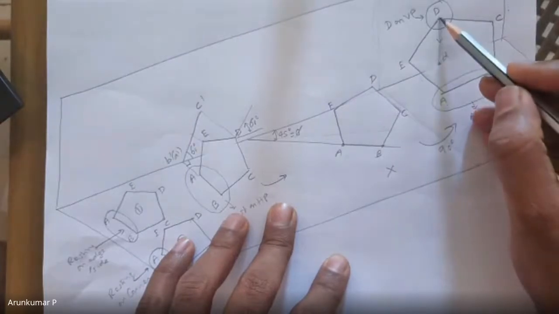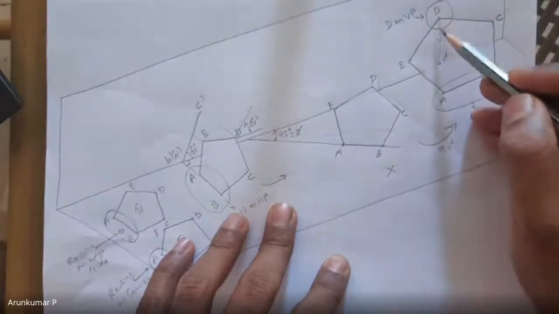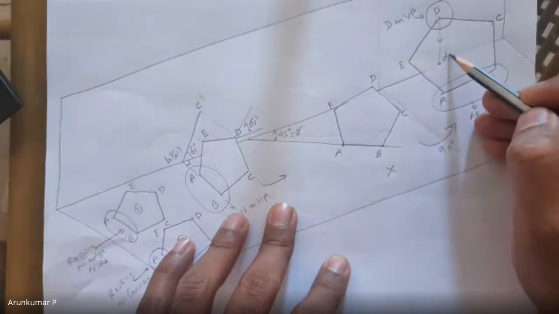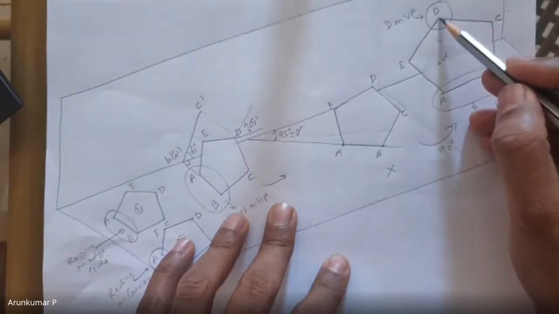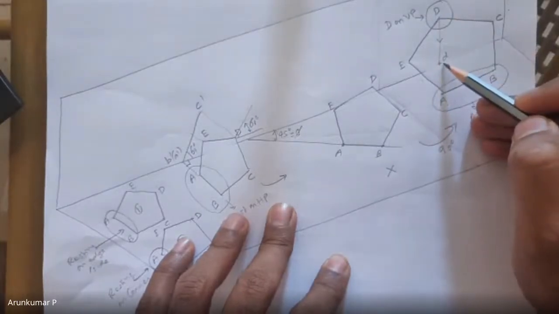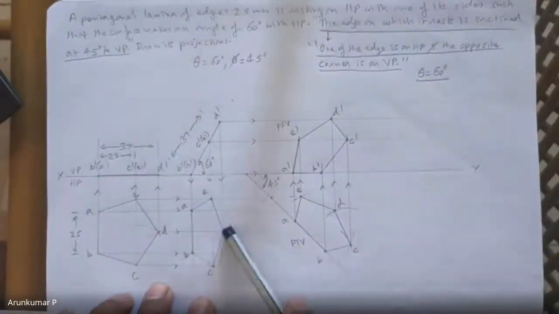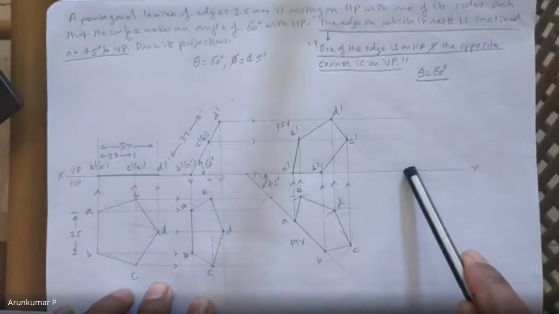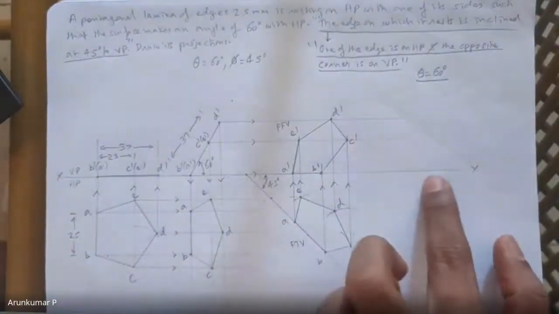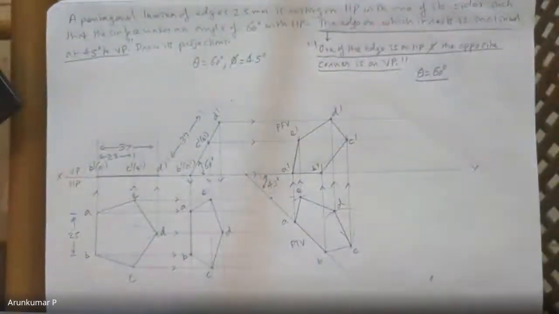because we know that from our basics of points, any point which is on the vertical plane, where is its top view? Its top view is on xy line. So if I say that the point D or the corner D is on VP, its top view small d is on xy line. So my objective is to put this small d, the top view, on xy line. So I will rotate by 90 degrees and place the corner D on xy line and redraw the remaining things.